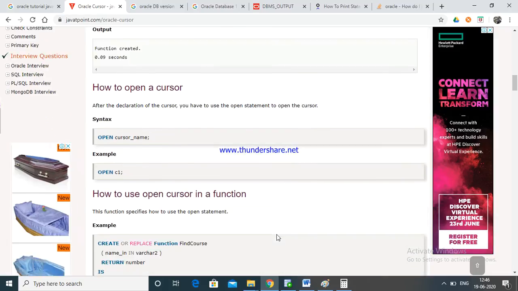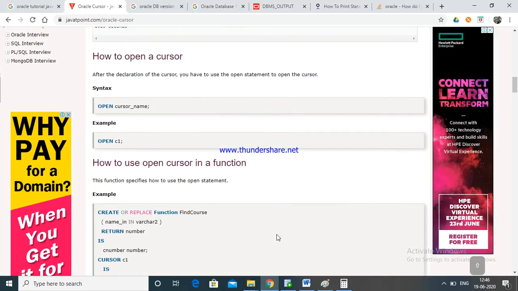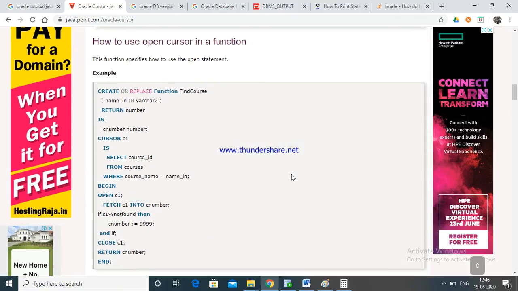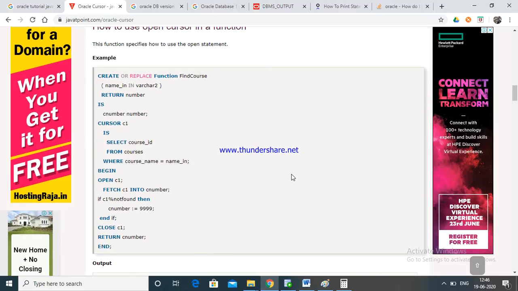Now in the same way, open C1. How to use open cursor in a function. Now we are going to use open cursor. This is the cursor we again created here, open cursor and close cursor.